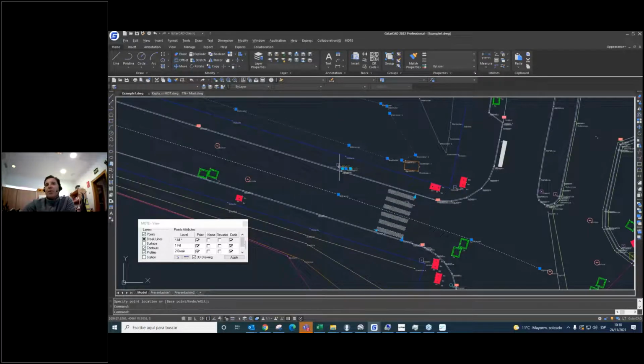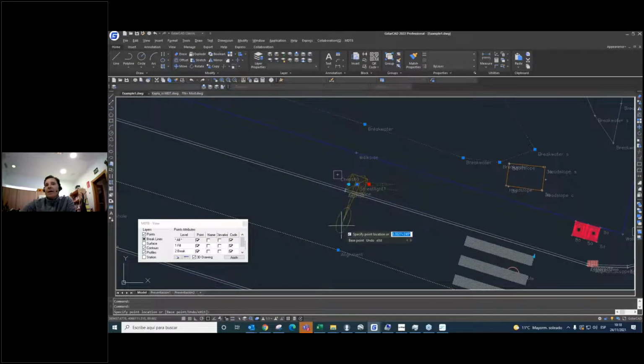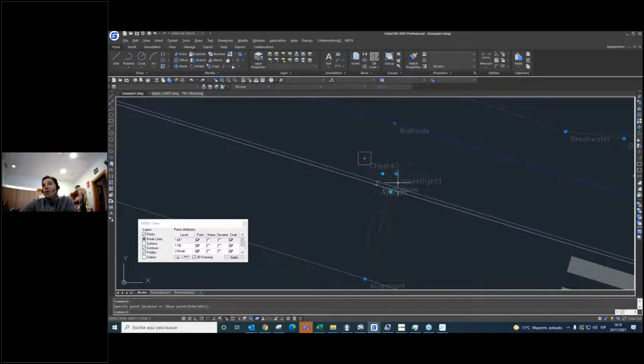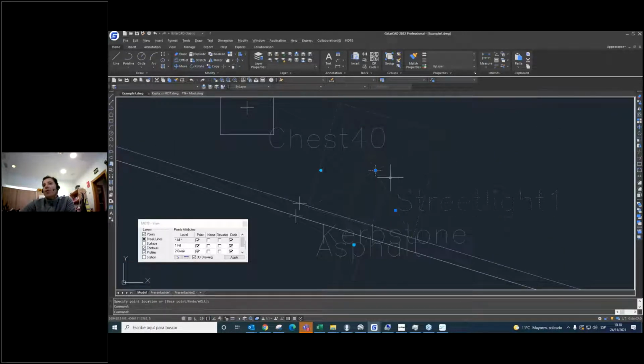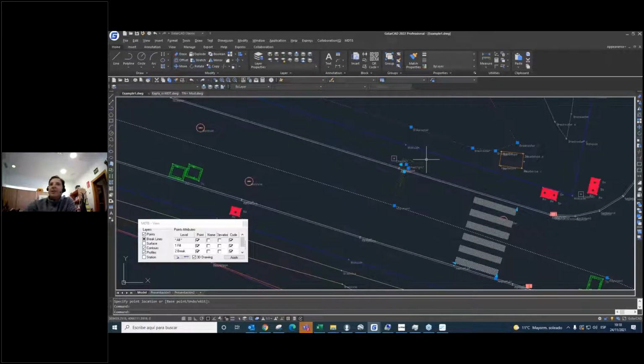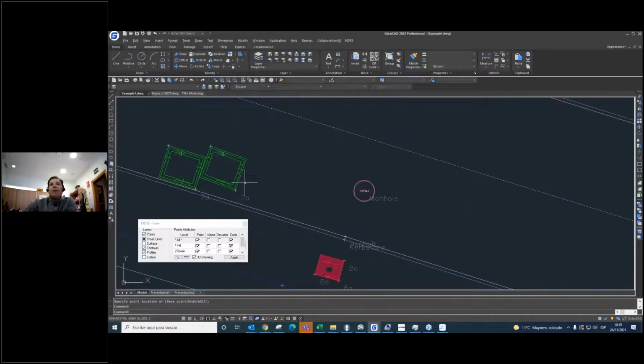In this case, for example, we need to rotate this street lamp manually, because we use only one point to draw the block. But with MDT we can use 2 or 3 points to give instructions to the software to scale and rotate this block.